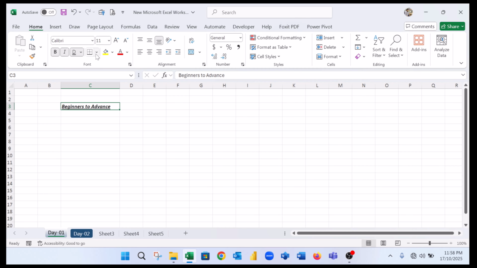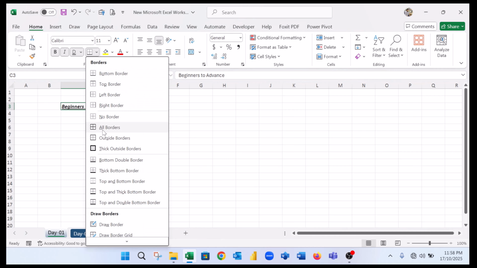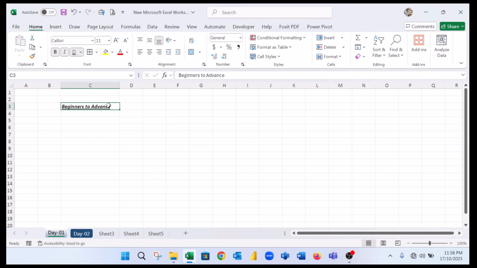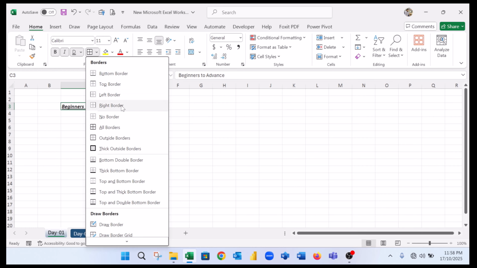Okay, then this is the border option. If you want to create a border around this cell, then click here. There are multiple options in the border section and you can practice every option. If you don't understand, then please comment to me. Okay,